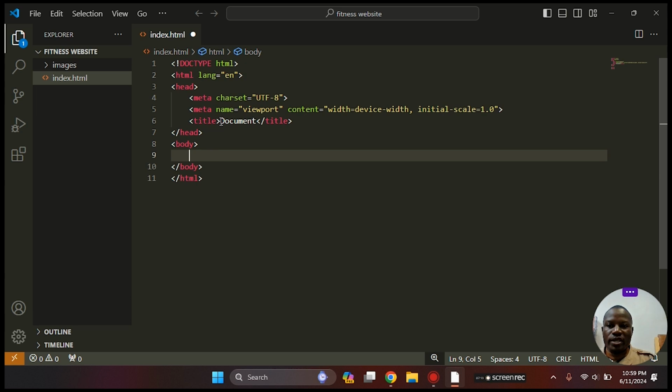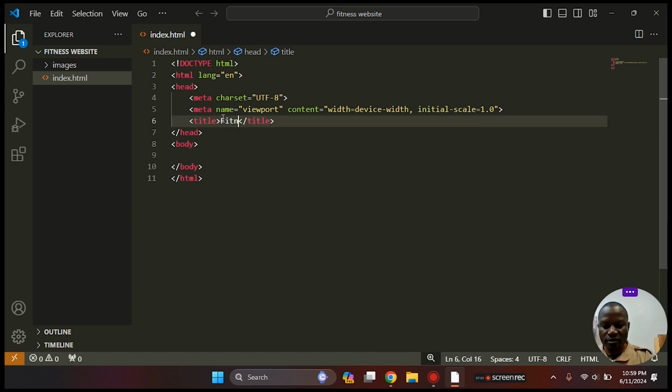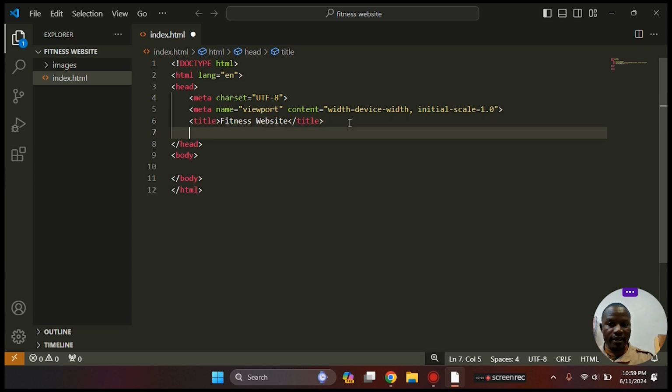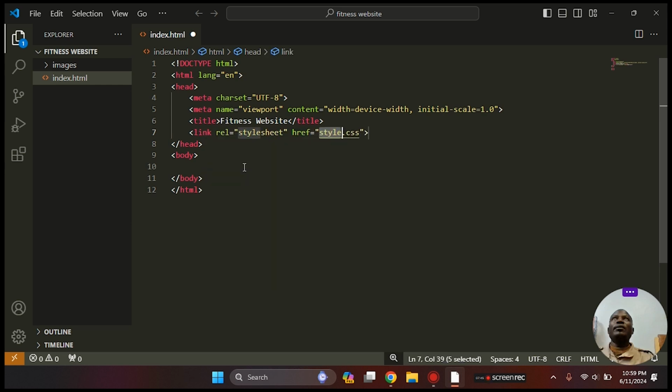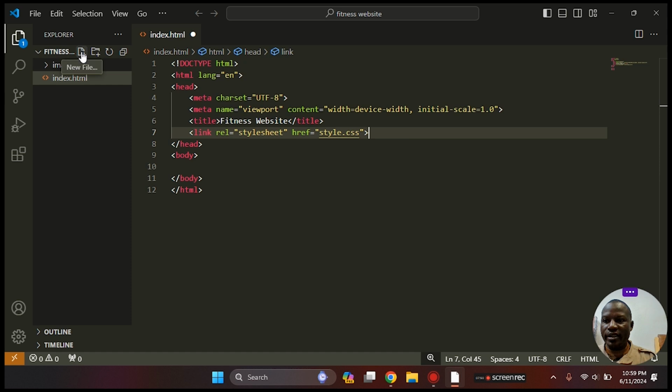Head straight to the title and name your website. We can go with the same name, fitness. That is our title, and let's link what we call CSS. Just write link, and then go to CSS right there. Actually, before we do this, go to new file again and add another file which is called